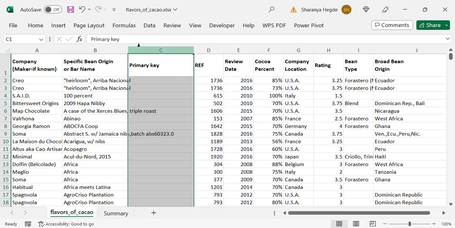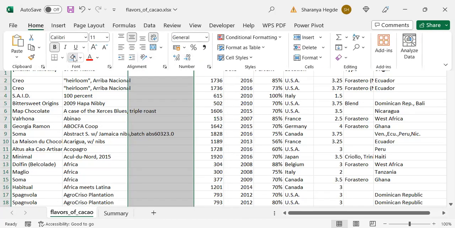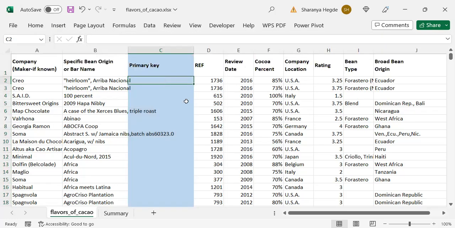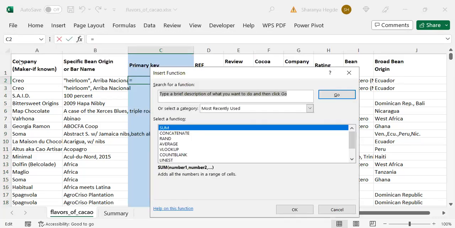Now, how do I create this? I will just, for ease of understanding, create a small amount of color here. How do I want to create the key? I want to use a formula called concatenate, which, as you know in English, means bringing together. So I go to formulas and insert function. That's the great part with Excel. You don't need to remember any formulas. As long as you go to insert a function,